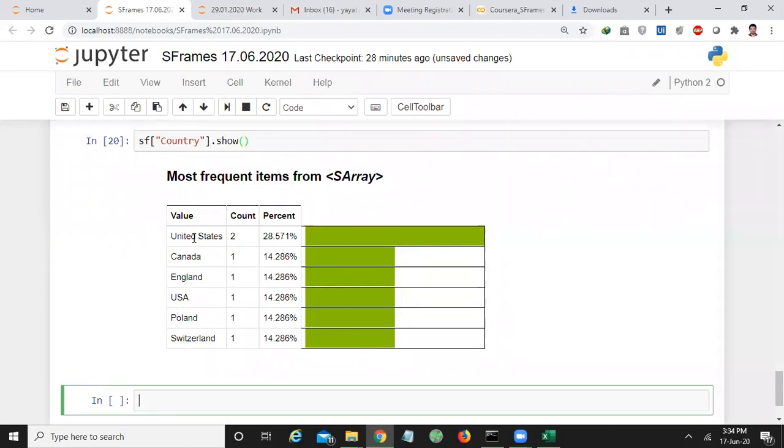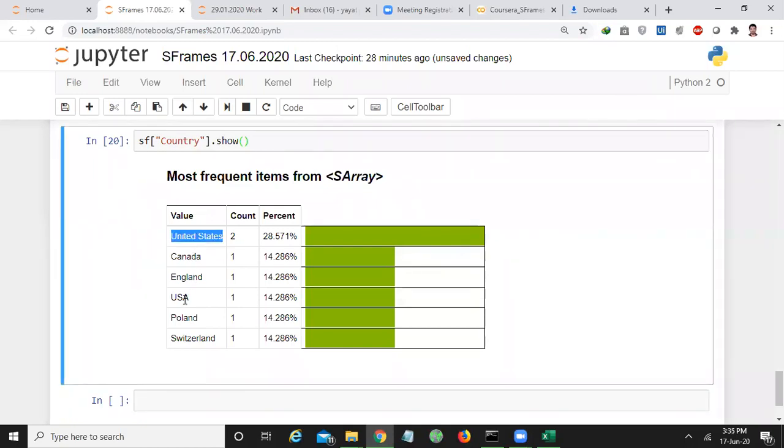But here I want to do some advanced transformation. Some people may write United States and some people write USA, right? But both are the same. United States and USA are both the same. If you keep those countries as they are, then you may get confusion that these United States examples and USA examples are different. So that's why I will perform some advanced transformations on these countries.